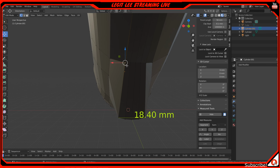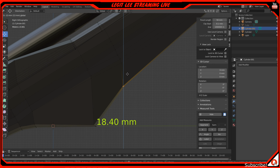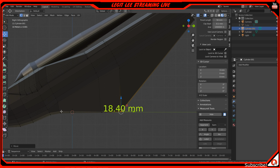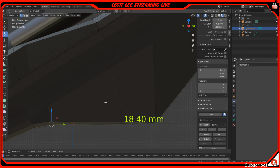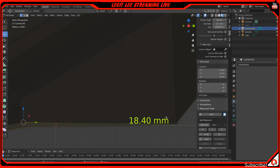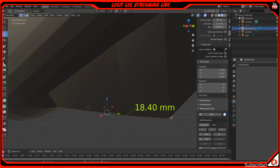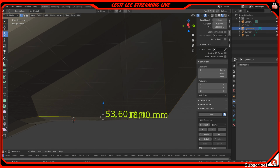I'm going to do the same thing with these right here. Up. I'll bring that down. And if we measure from here, I don't know why it's not really showing it, but from here to here, no, not that one. This one. If we hit segment, that's 53 millimeters long. So that should be long enough to add